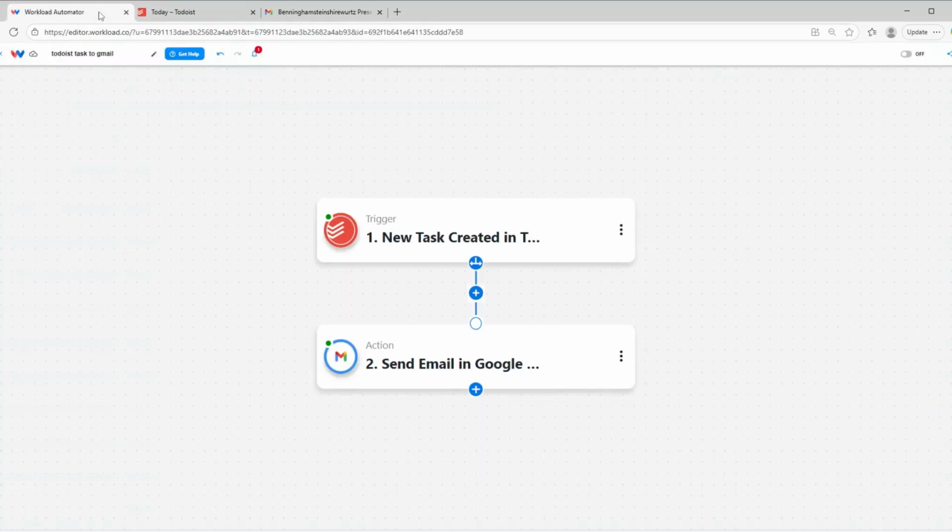I can come back over to the Workload editor, check and make sure that each of my nodes has a green dot, and then I can activate my workflow by clicking on the button here. And now every time there's a new task created in the inbox of my Todoist account, the details of that task will automatically be sent to myself in Gmail. That's how you can use Workload to build a workflow that will automatically send an email whenever a new task